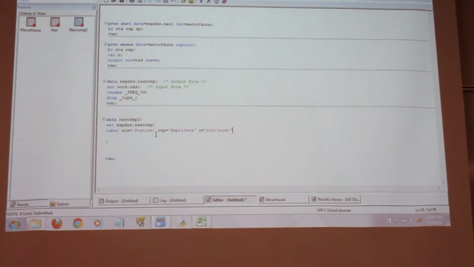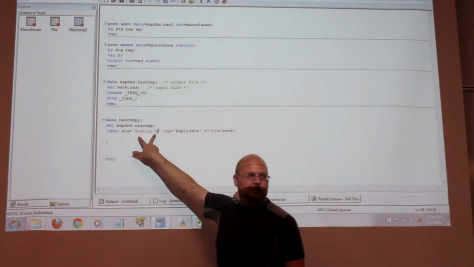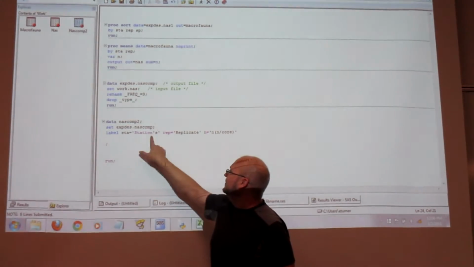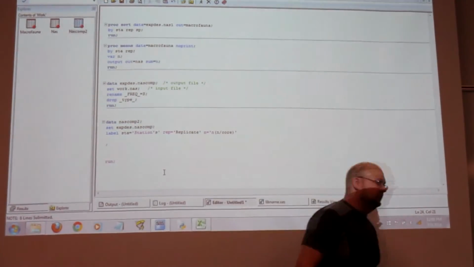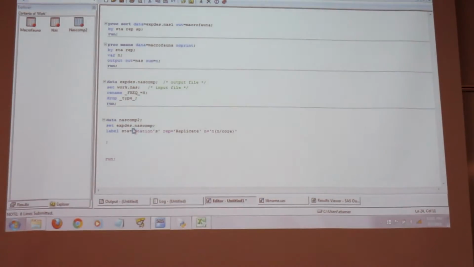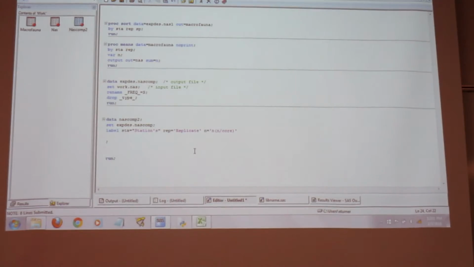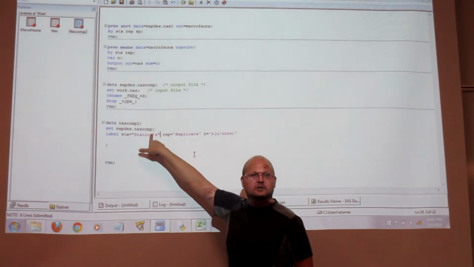Say if I wanted to write station's, like station is a person and station's stuff. Now it just thinks station is it, and then there's some string here it doesn't understand, and now it thinks that's a string. So the way you would do that is you have to put it in double quotes. So let's say station is some guy, and station's stuff. Then that would put the one quote in there.